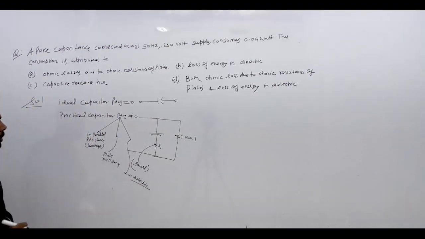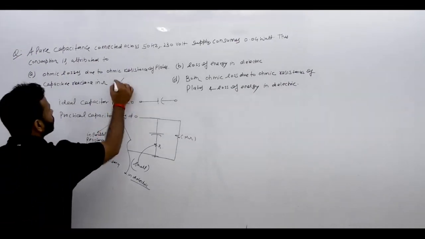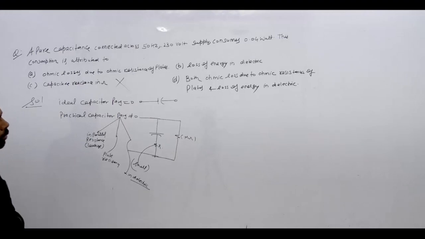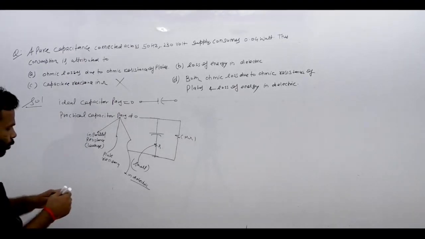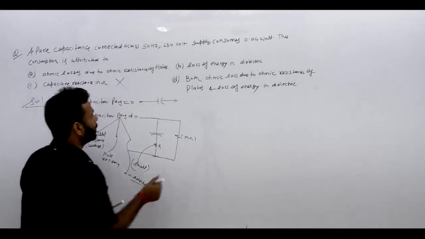ठीक है, तो ऑप्शन चेक कर लीजिए कौन सा होगा। Ohmic losses due to the ohmic resistance of plates, no, we have 3% that are consuming such amount of power, so loss energy in dielectric, no, it is separating capacitive reactance, ये तो बिल्कुल गलत बात है। नेक्स्ट देखें, both ohmic losses due to the ohmic resistance of plates and loss of energy, yes, it is more appropriate to have the डी ऑप्शन।